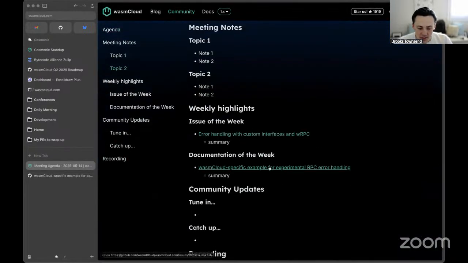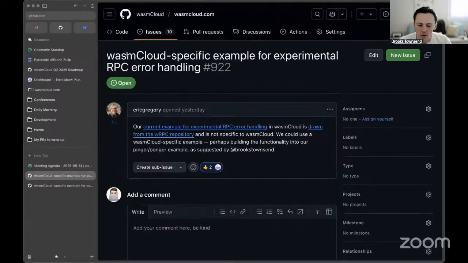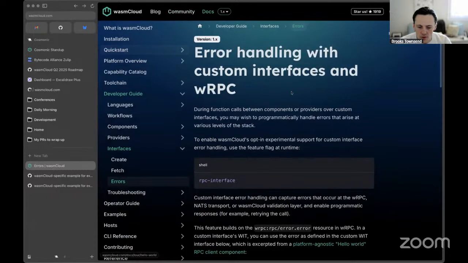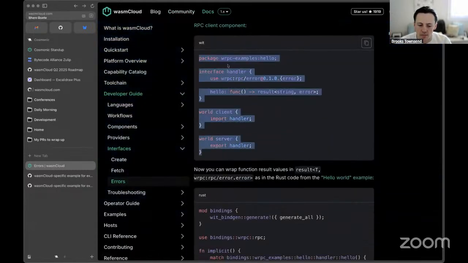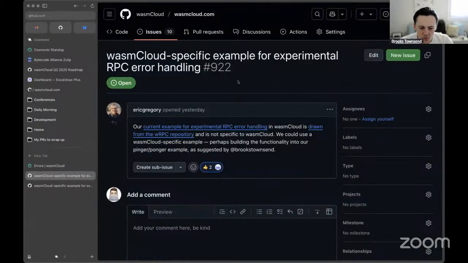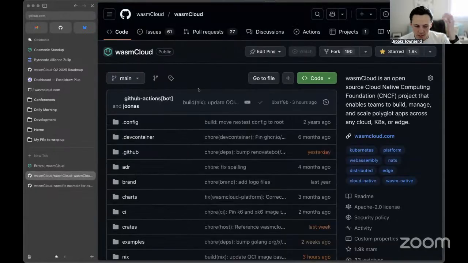Leading on from that, the issue that I linked, unfortunately, under the documentation side, so I'll get that fixed up, is that it would be nice to have more of a Wasm Cloud specific example for the RPC error handling on that documentation page. We showed an example from the wRPC examples repository, and this is the baseline, this is exactly how it works. I think it would be really nice if we were to go into the Wasm Cloud repository where we